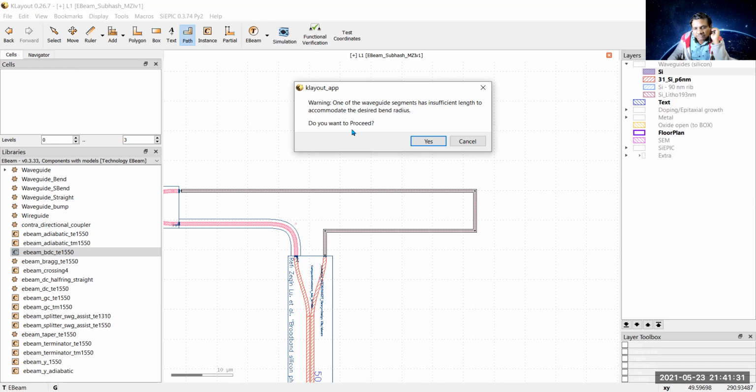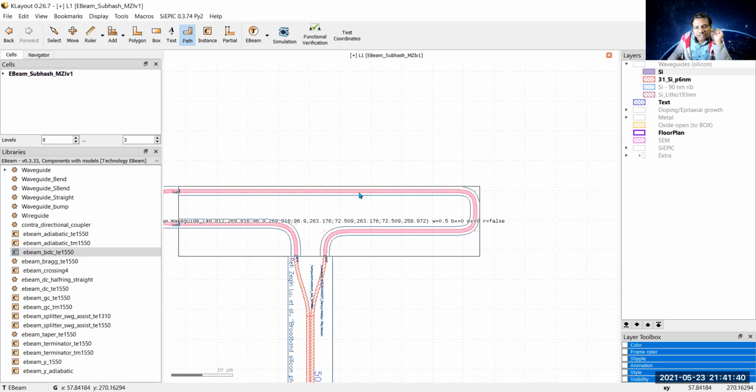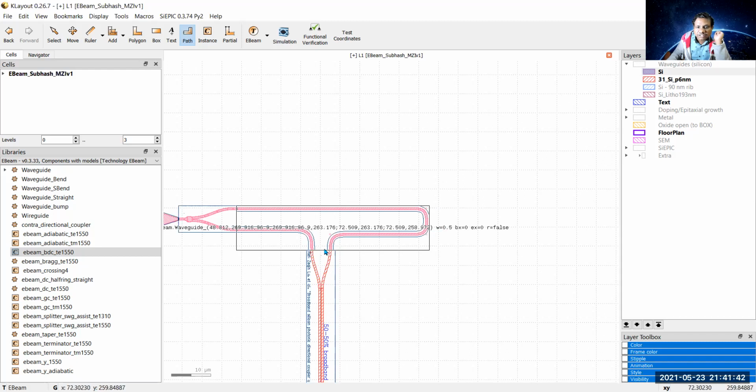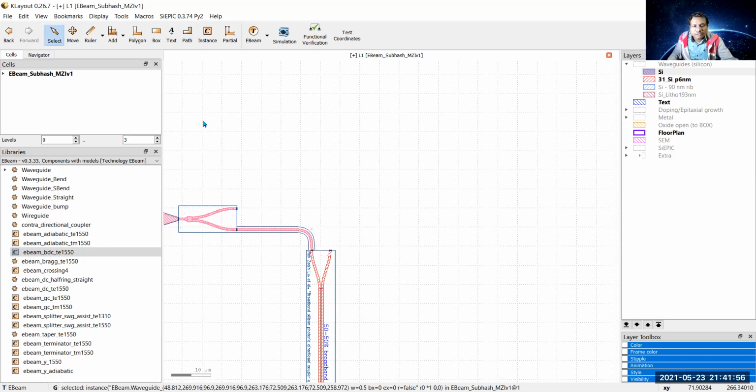However, since it will give more loss, we will delete it. You see, it has given the connection, but with a warning that we should know that it will give more loss. So I will go to this one. It is selected. Let us delete it, and our connection should be more than 5 micrometer bending radius.